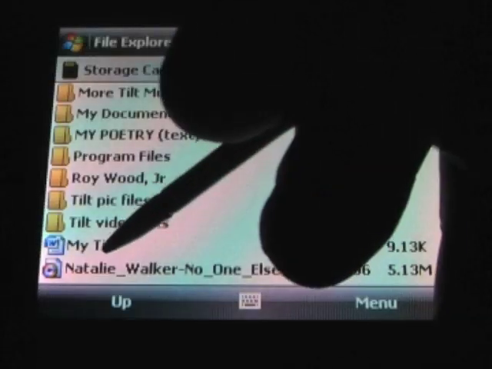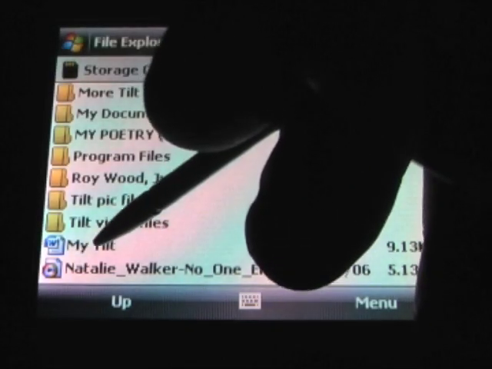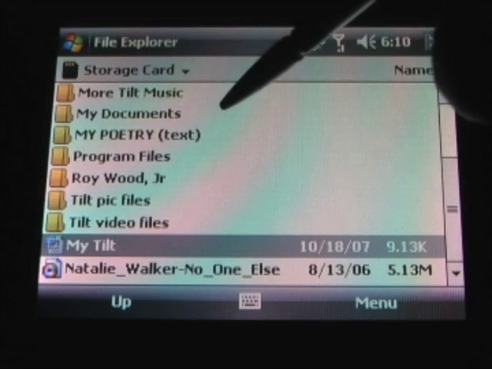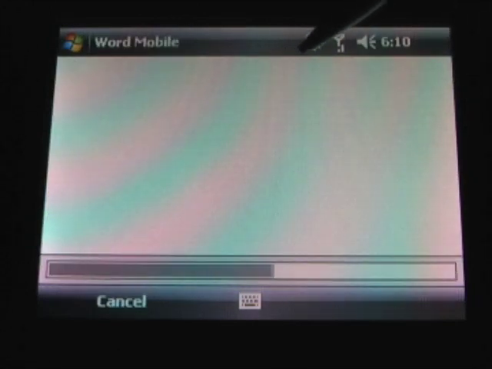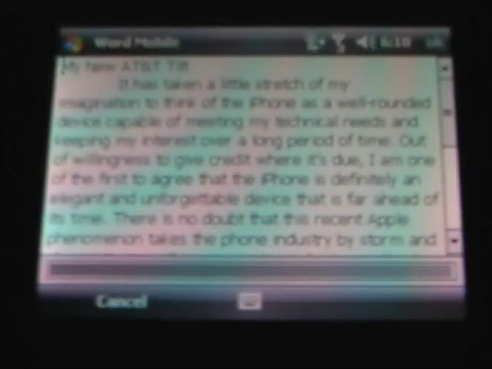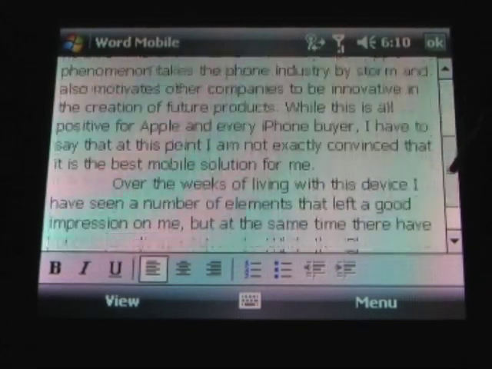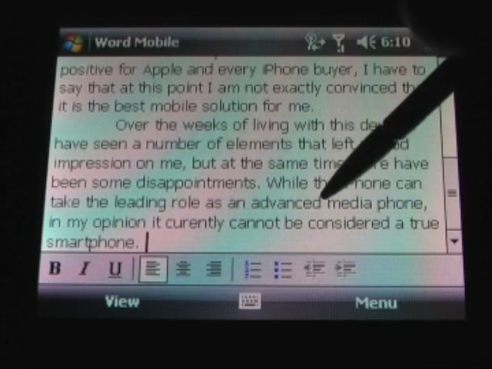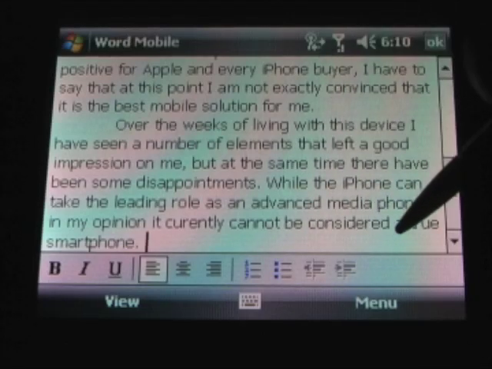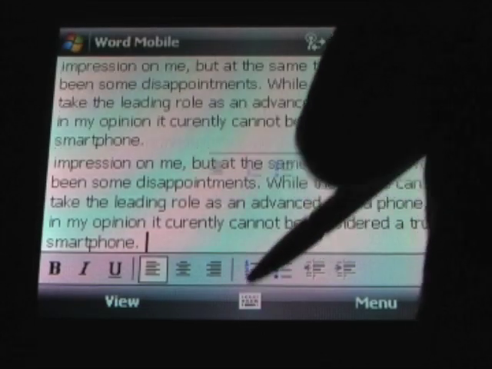Got my Tilt. This is a document that I recently saved, so this is a good opportunity to go into Microsoft Word Mobile and see what that looks like. Now, one thing that I've been impressed with on Microsoft Word Mobile is that the different ways that you can